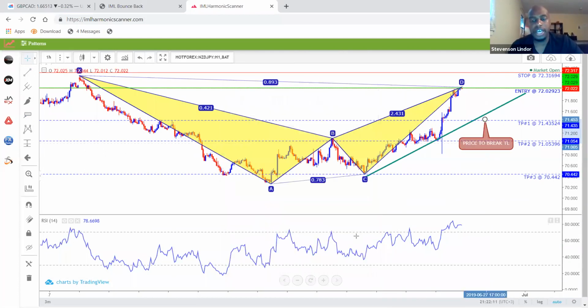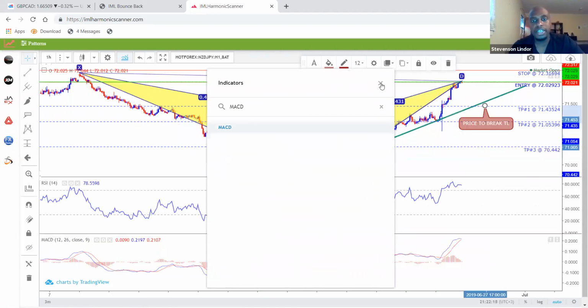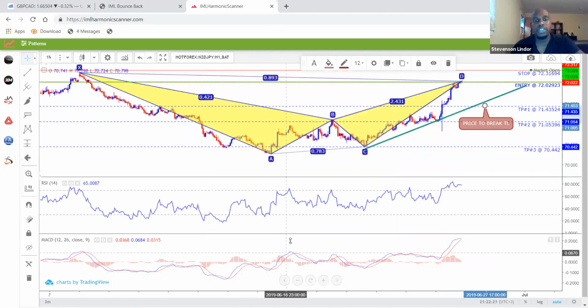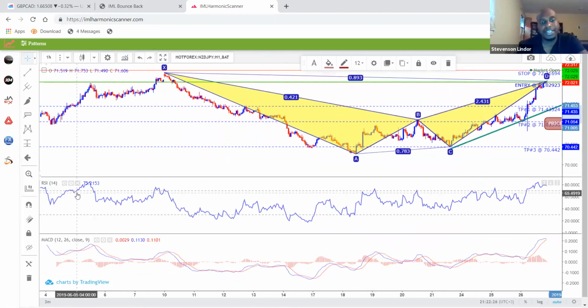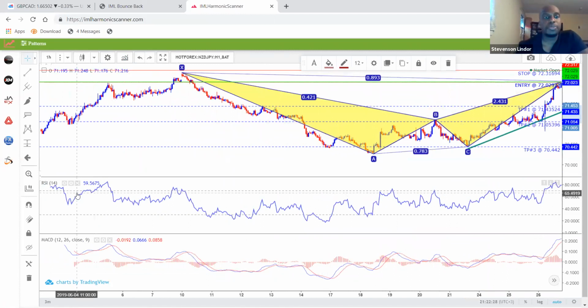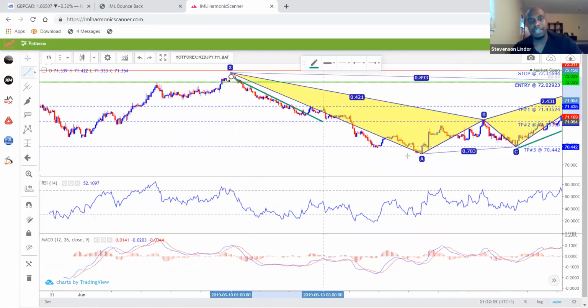Price to break trend line, and then I would remove the RSI. I prefer the MACD, and the reason why I prefer the MACD is because it's giving me the best of both worlds, right? The RSI, the best time to use it is when price is in consolidation, because when price is in a trend, so for example, this trend right here, this downtrend, that's why I'm not particularly a big